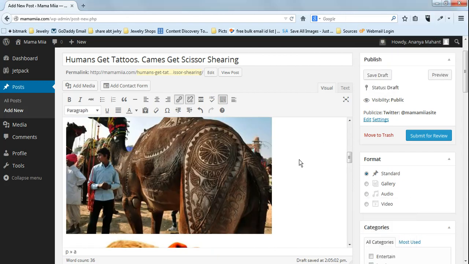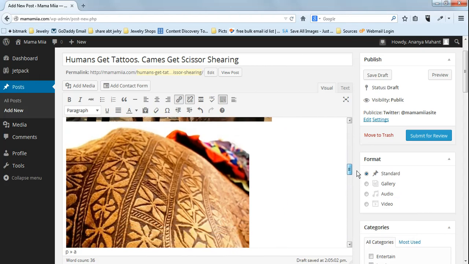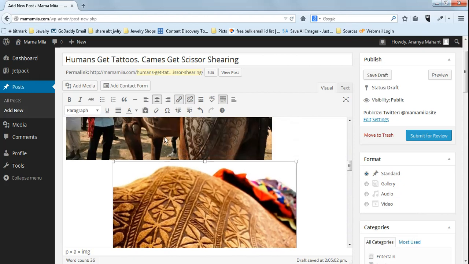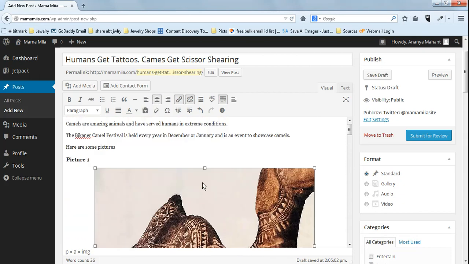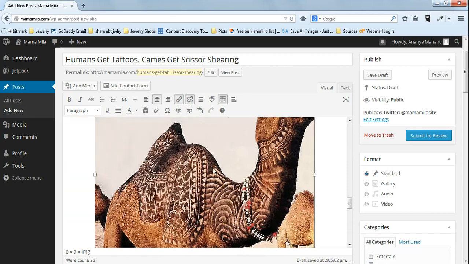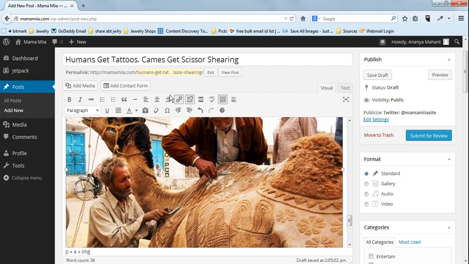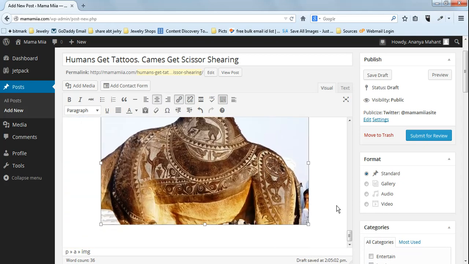Okay, so we have entered these pictures, and whatever formatting you want to do, let's say I want to move all my pictures, make them center aligned. So I'll choose the picture and center align it, and if I'm doing it for one, I would most likely want to do it for all the pictures so that the post looks neat and organized. Alright, now this is done.